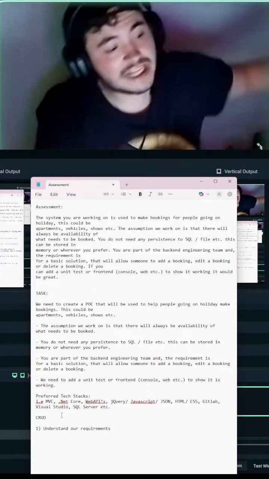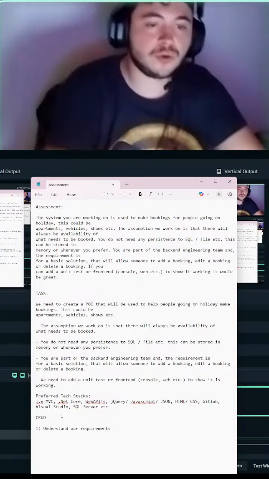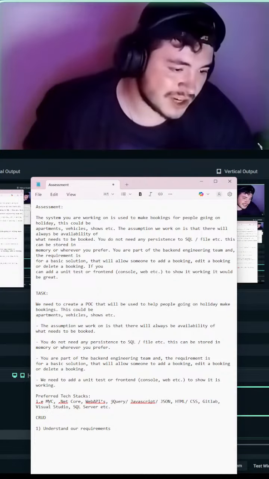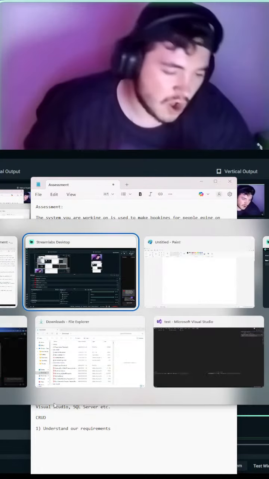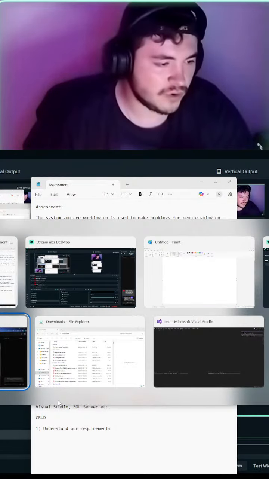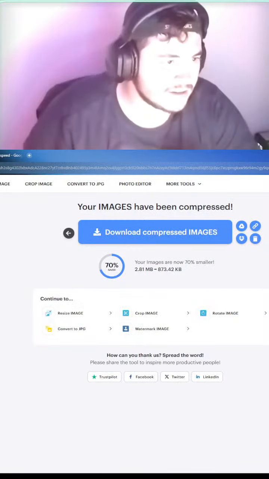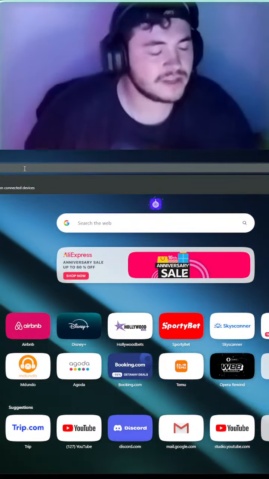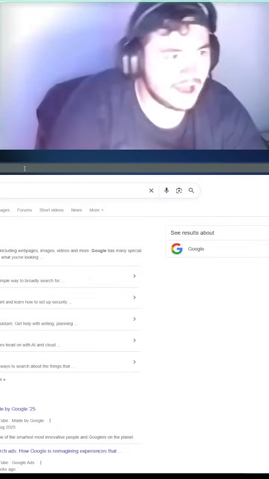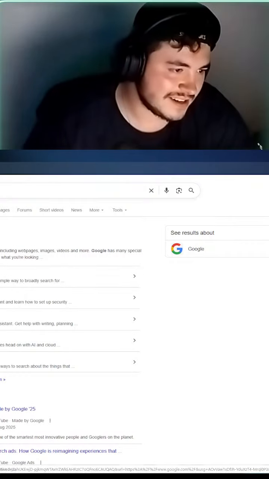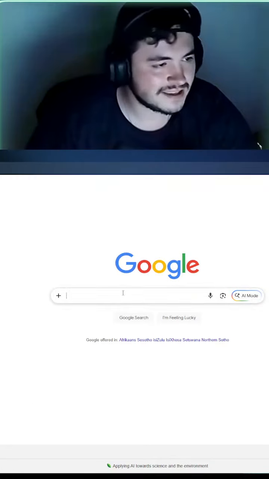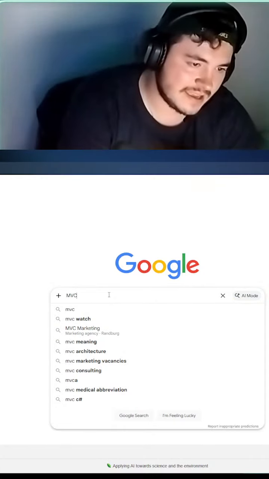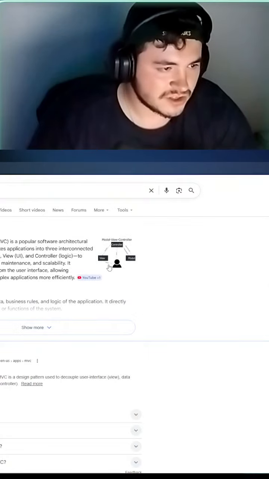So this is literally the process I go through to Google stuff. I'm not using AI. I'm not using Grok. I'm copying this, copy, paste, and I'm going directly to Google. Oh, I need to close this stuff. And this is a repository. We're going to Google. I hope I didn't release anything too sensitive there. We're going to Google, the AI mode, you see there. And we're typing in MVC, right? So what is MVC?